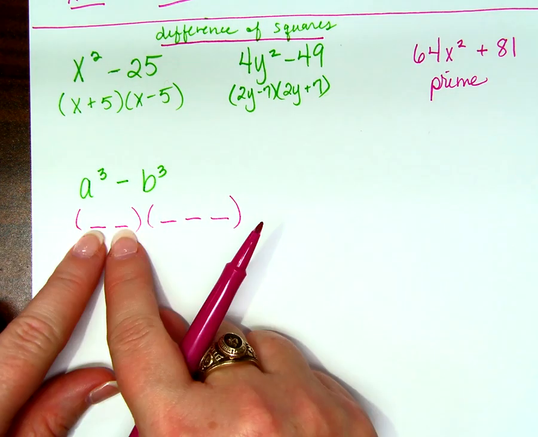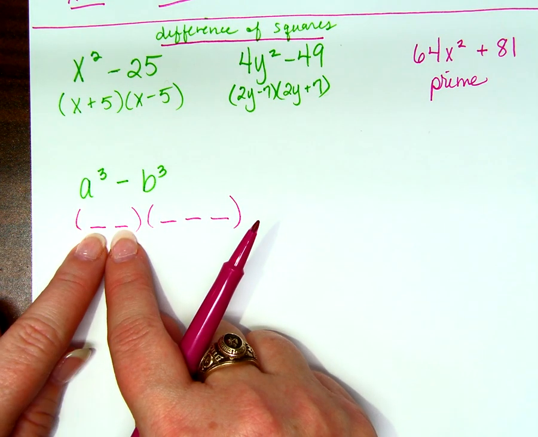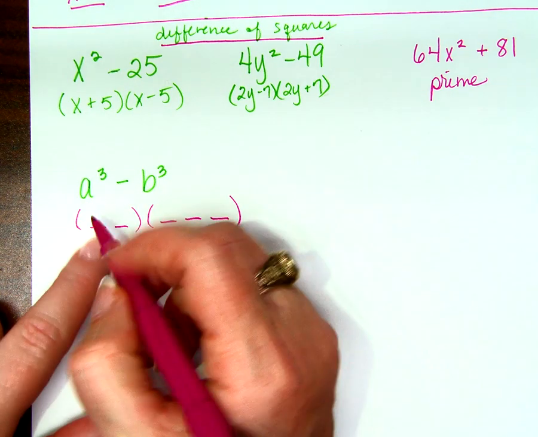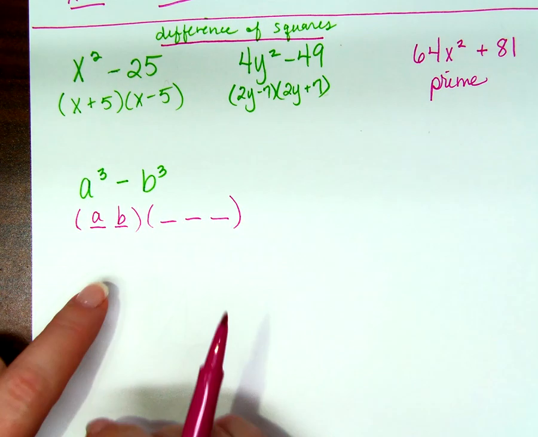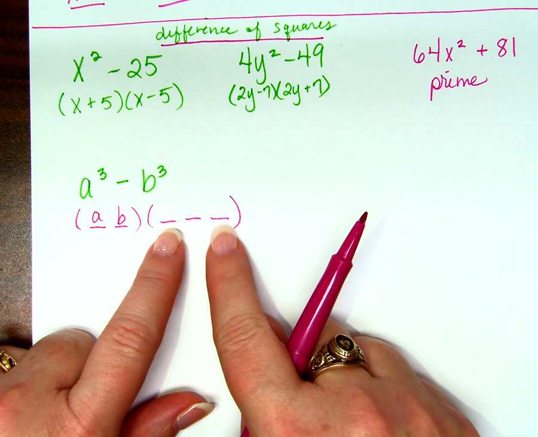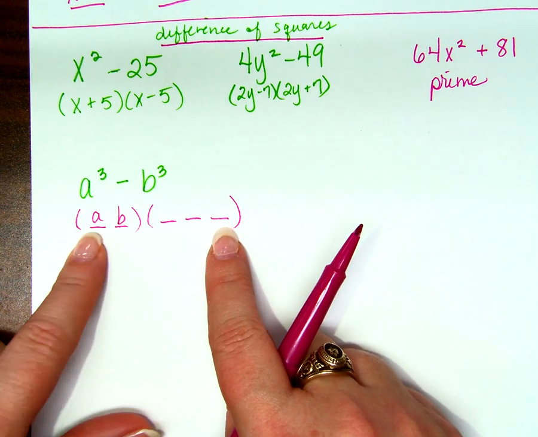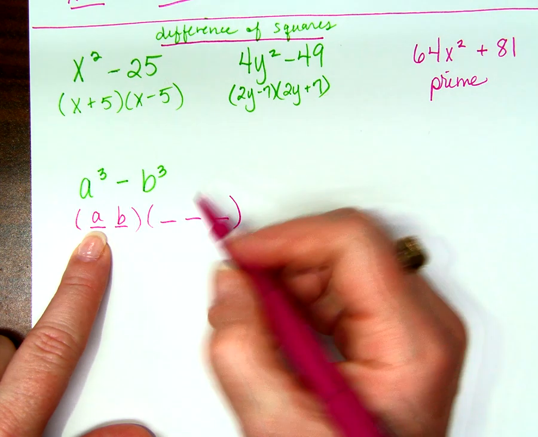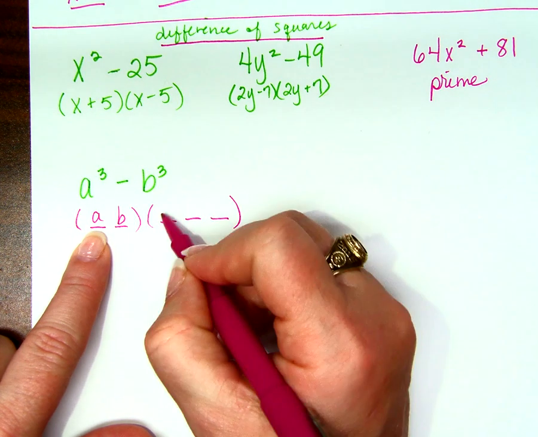How do I get the terms in the binomial? That's just the cube roots, a and b. How do I get the trinomial? It's just a pattern. Can I remind you of the pattern? Square the first, square the last, and then